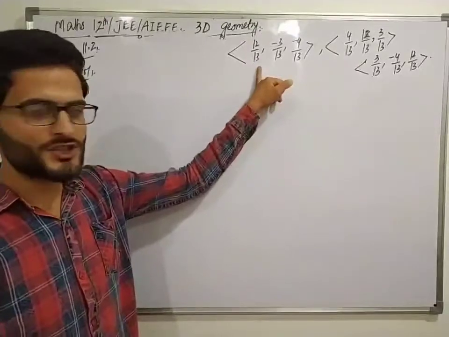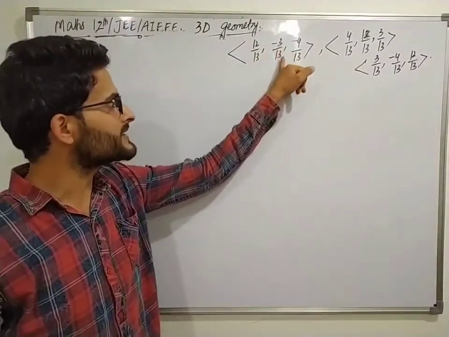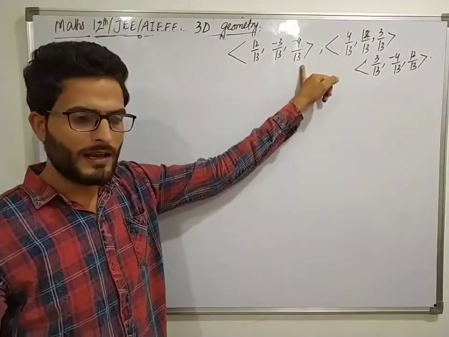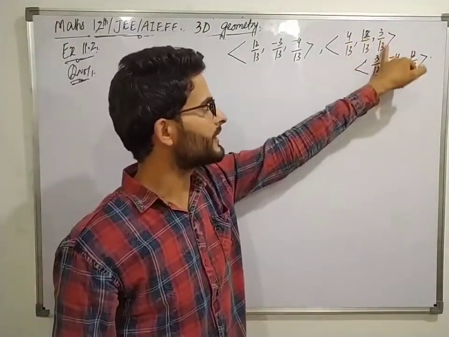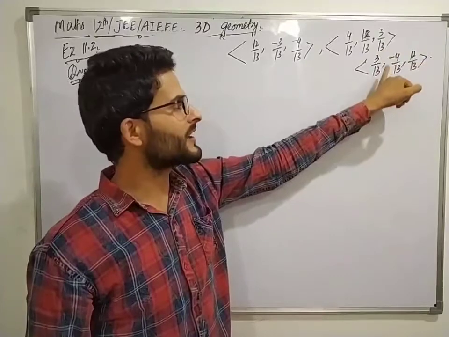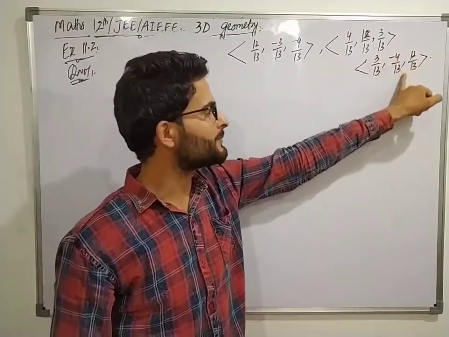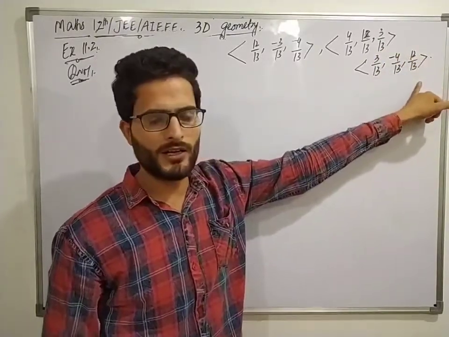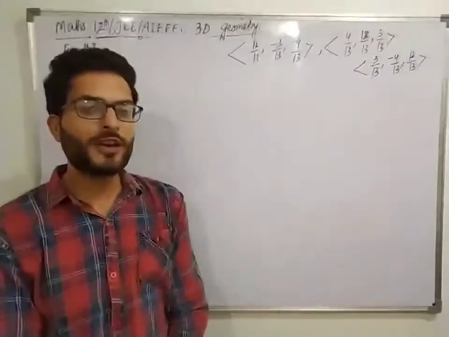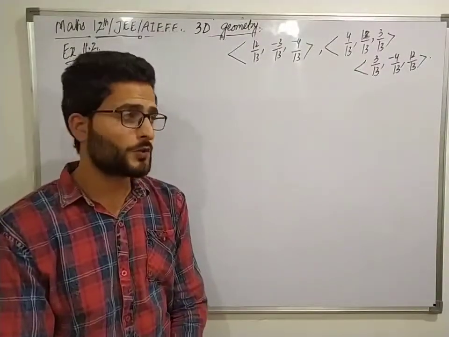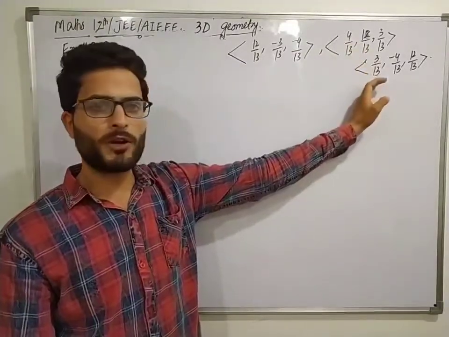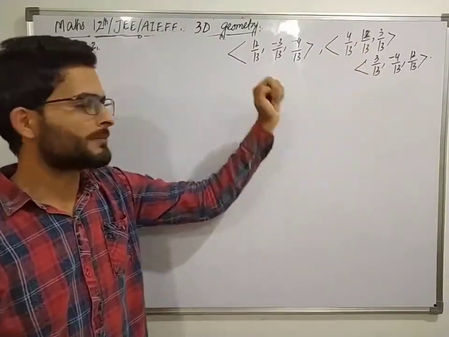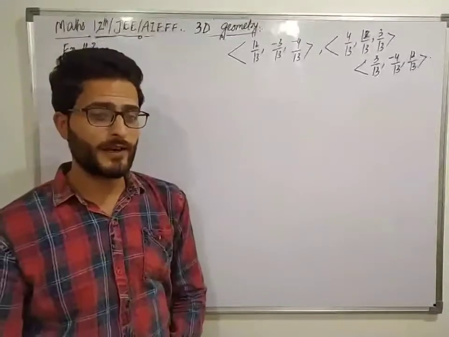Line first has the direction cosines 12 by 13, minus 3 by 13, minus 4 by 13. Line second has the direction cosines 4 by 13, 12 by 13, 3 by 13. Line third has the direction cosines 3 by 13, minus 4 by 13 and 12 by 13, and we need to prove that all the three lines are mutually perpendicular. Line first is perpendicular to line second is perpendicular to line third is perpendicular to line first।